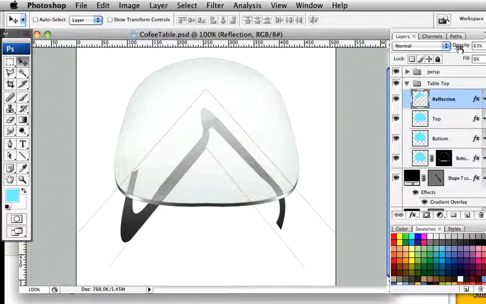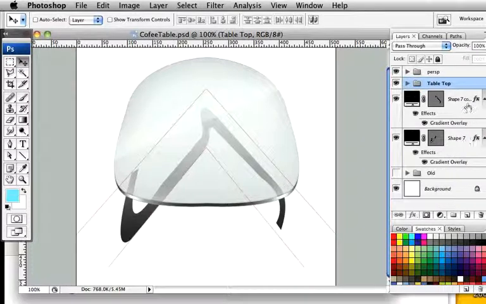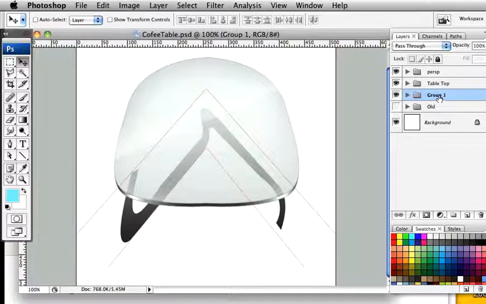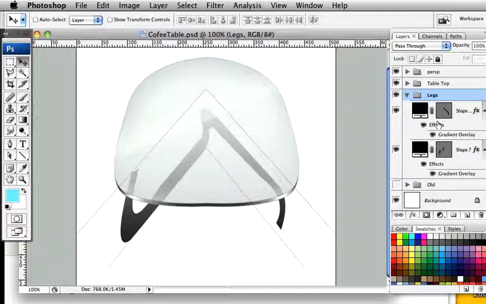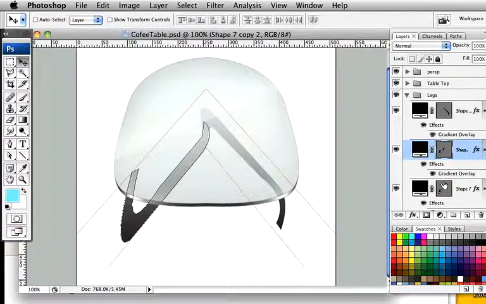We'll carry on. Can I increase the opacity back up for that? Make sure that's on 100. Group these. Okay, the next thing we need to do is to make these legs 3D. So I'm going to grab this left leg first. I'm going to Command J to duplicate it, and I'm going to move it to the left